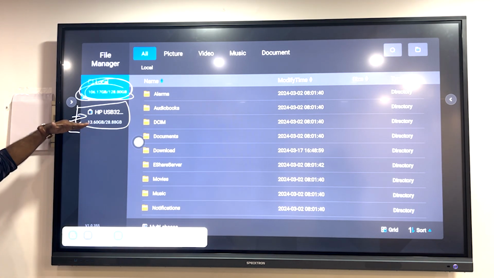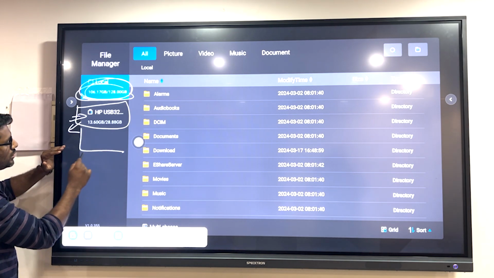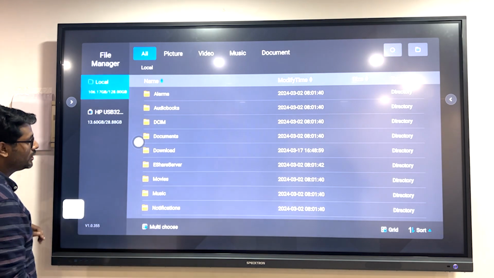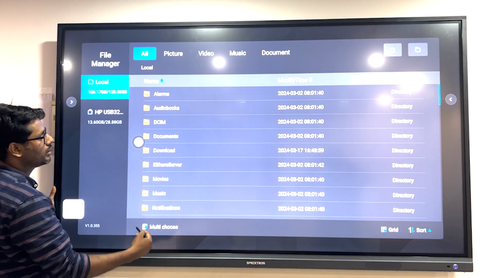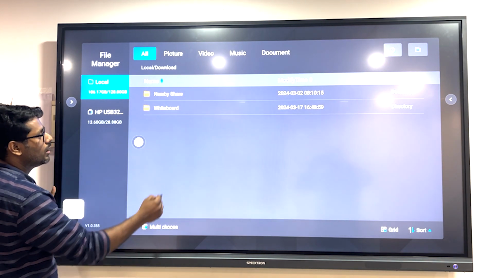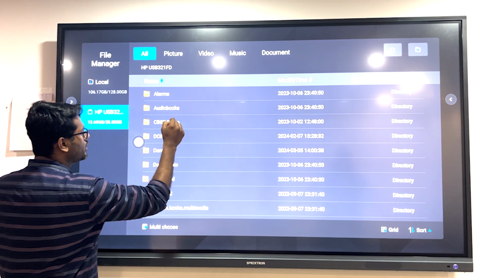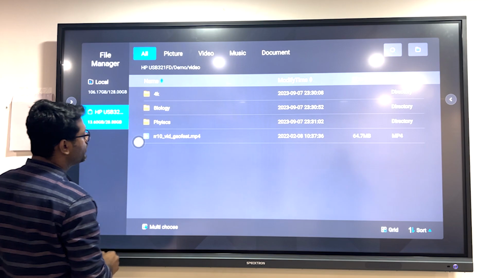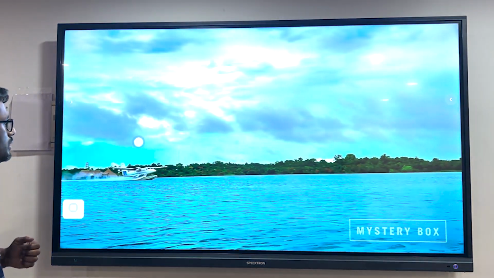If you connect any additional device, for example if we connect 3 pen drives, they will be listed like this, one by one. Okay, and if you go to the additional files which we have already downloaded or any of the documents, you can go to the downloads, or if you have things in the pen drive, you can open it from the files. For example, if I play a video, you can see the performance